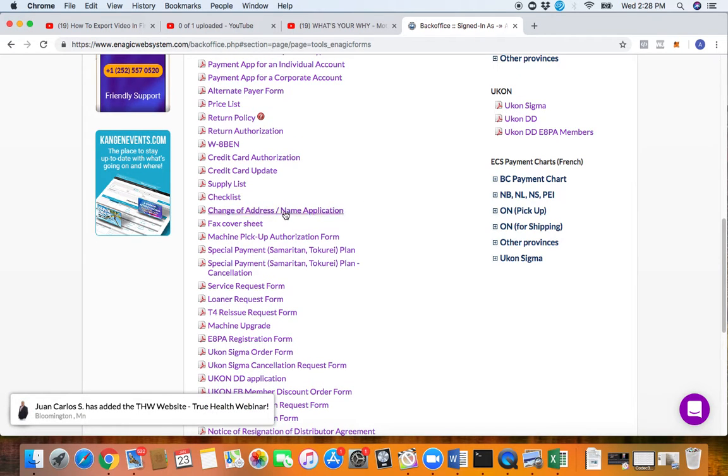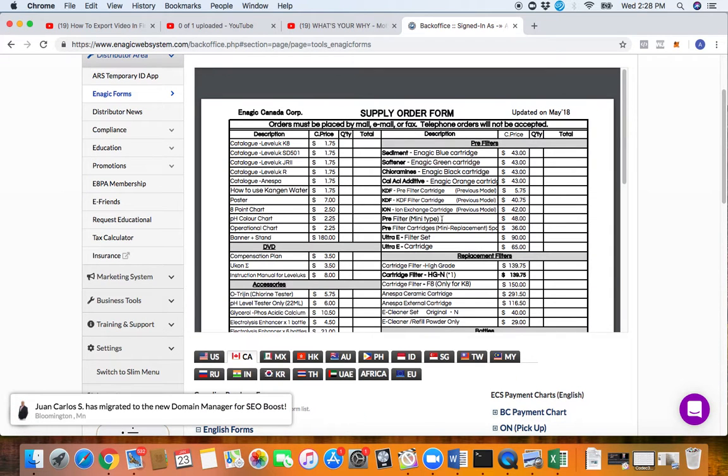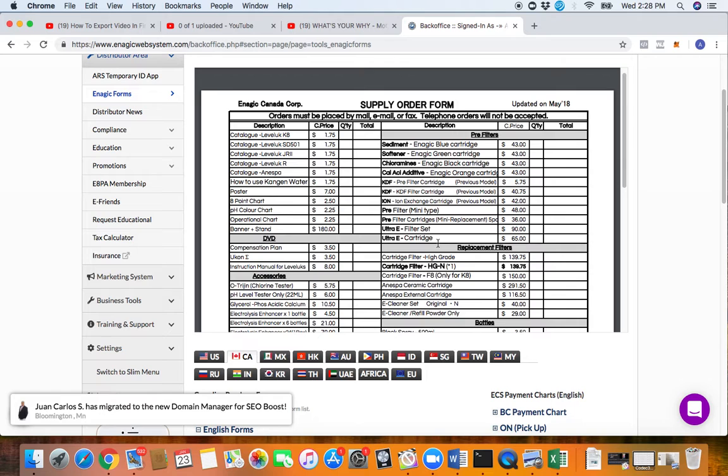See, there's like the change of address. There's a supply list for people. A lot of people don't even know this is in here. When you go on their site to look for water bottles, it's very limited how many water bottles they have. But if you actually look inside of here,